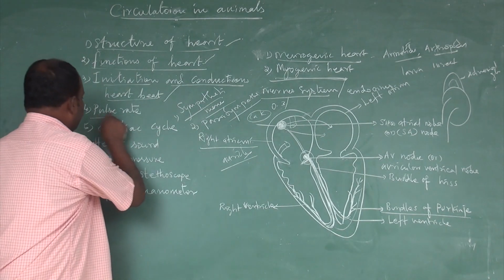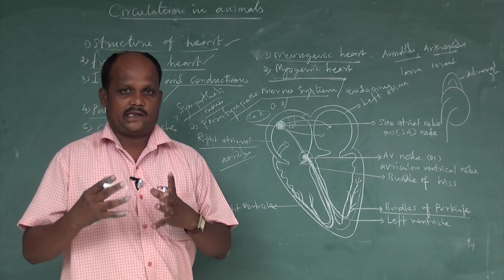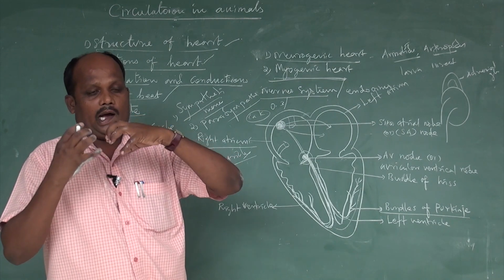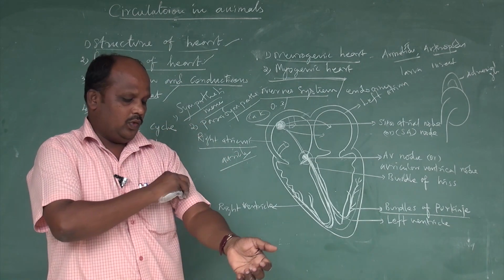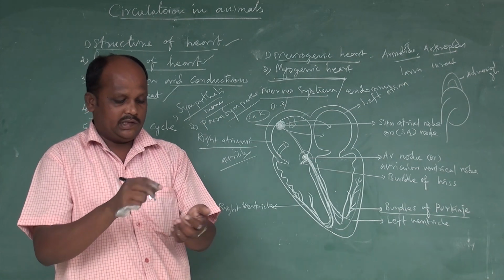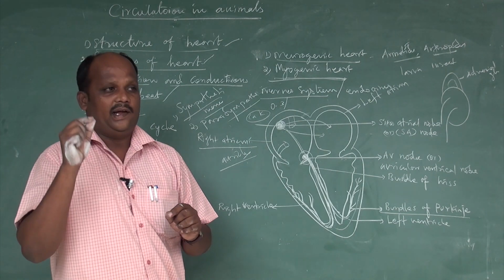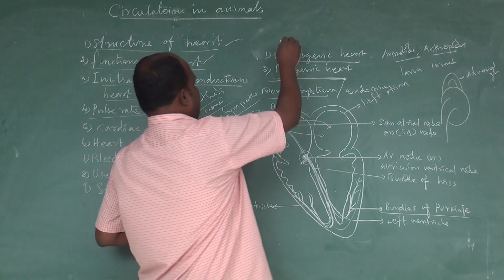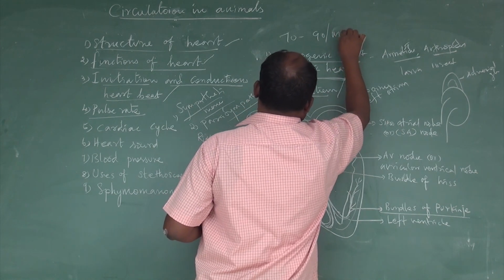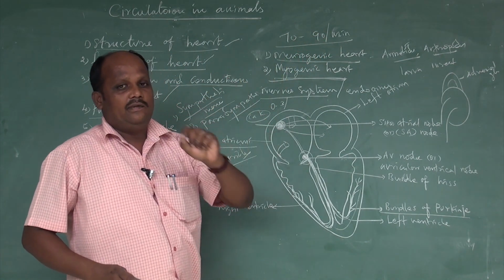Next we are going to start with the pulse rate. What is the pulse rate? The pulse rate is equal to the heart rate. Blood is forcefully pushed from the heart chambers into the major blood vessels, the artery walls. It can be felt with the fingertips near the wrist over a major blood vessel, and we can count it. That is called the pulse rate. The pulse rate should normally be 70 to 90 beats per minute.